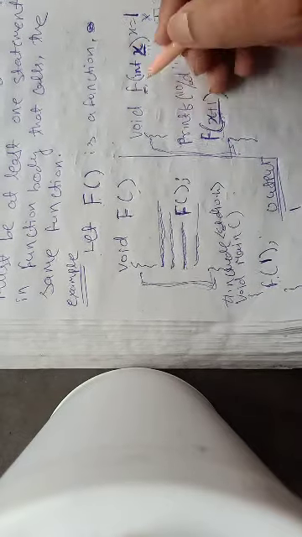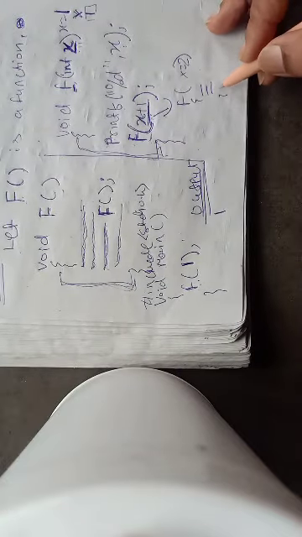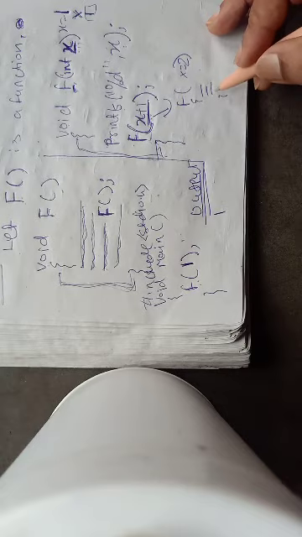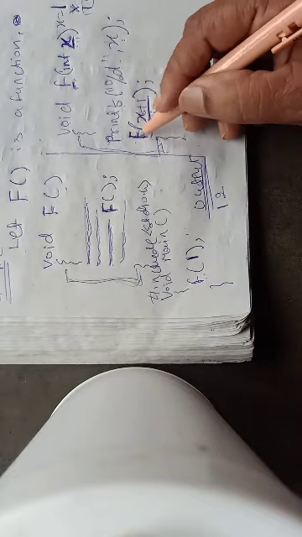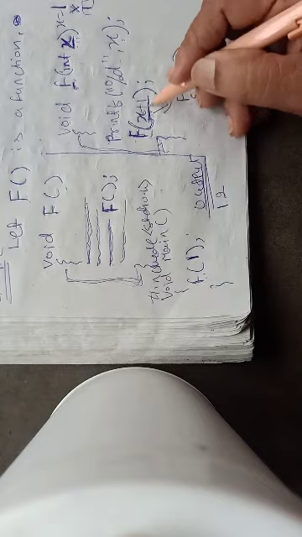In the first copy, the value of x is 1, and when f is called, the second copy is created. Let us say this is my second copy. Here x will be received as 2. And the second copy has the same definition. I am not writing the definition again. What is the definition? First, there will be a print statement. So now it will print 2. Then from the second copy, again the second line will call the function itself. But now the value passed is x plus 1.